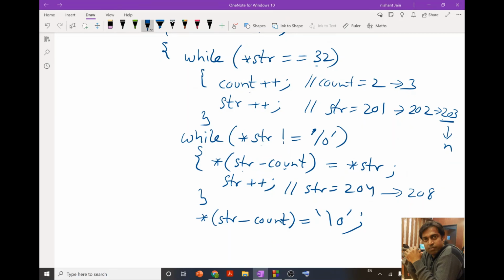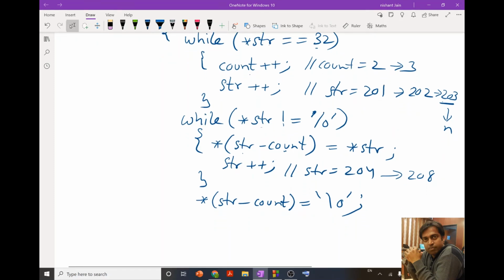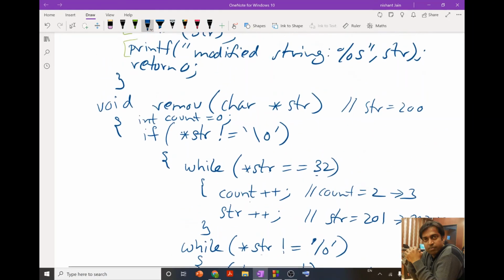If we do not put this null character over here, then our compiler will not be able to know that our string ends over here. So we have to shift the null character also. Okay, and after shifting this, we can end our function. So our function is just, we start with count equals to 0. First we check if the starting address is pointing to the null character or not.